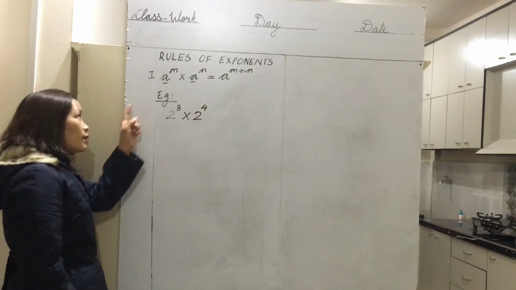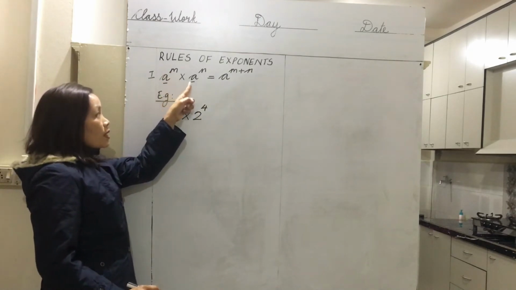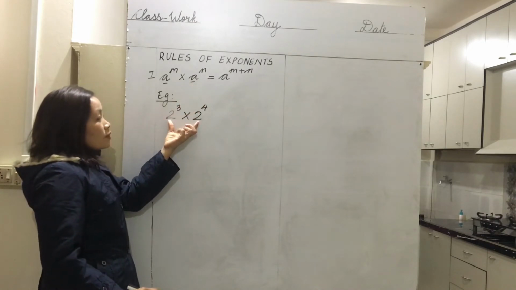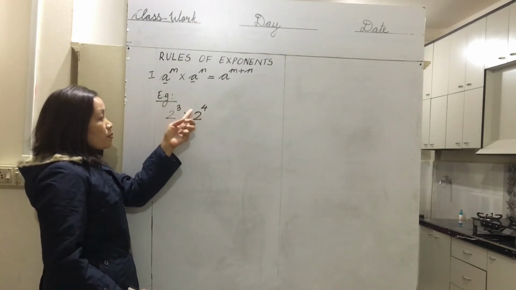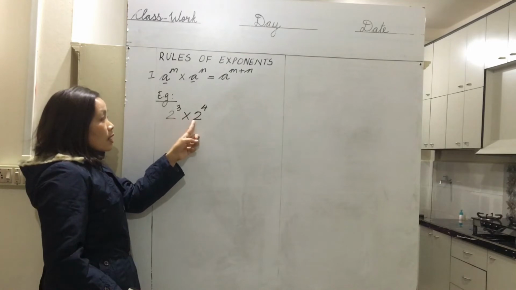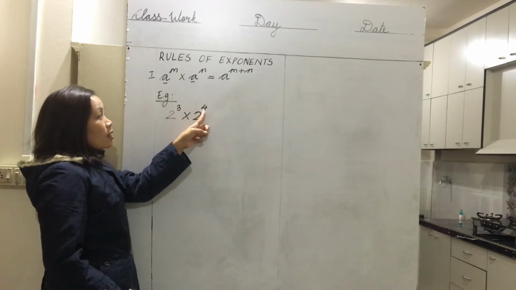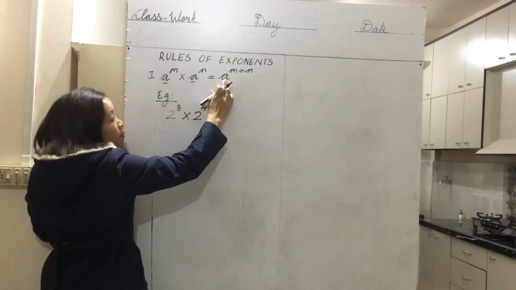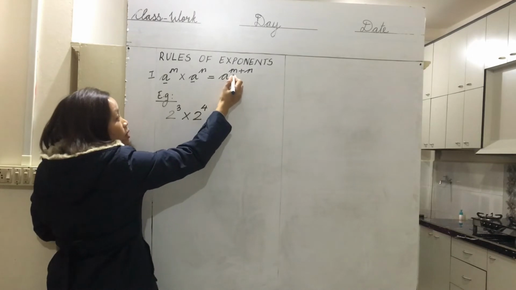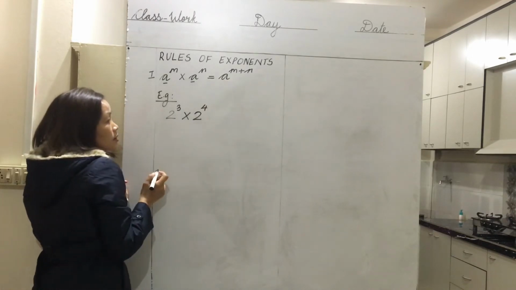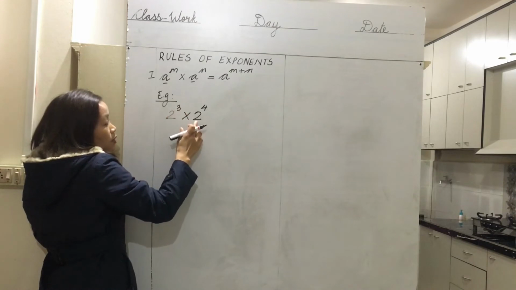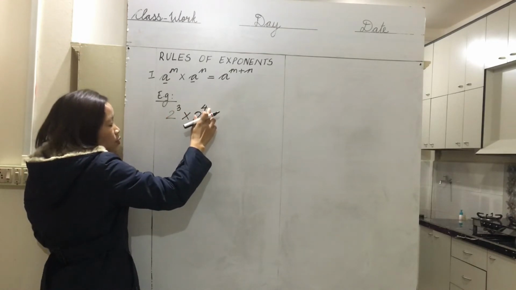So when we have a to the power m multiplied by a to the power n, that means when numbers have same basis with different powers, we add their powers. So when we deal with this, 2 to the power 3 multiplied by 2 to the power 4,